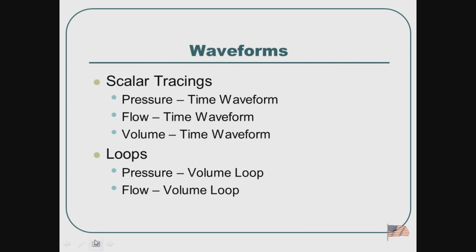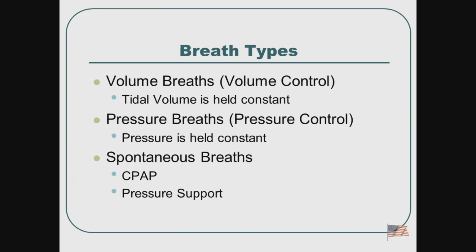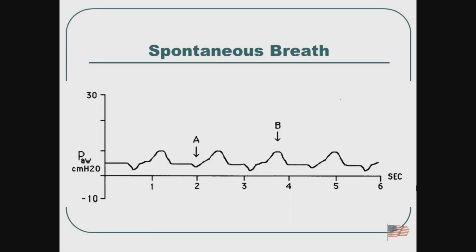Okay, so again, just going back, we have scalars, which are basically something versus time, and loops where there are two parameters plotted against each other. And if we can do any type of breath, from the graphics you should be able to tell if it's a volume breath or a pressure breath. You should be able to tell if it's a spontaneous breath. A lot of the units will either change colors or change background or something to be able to tell the difference between a spontaneous and a